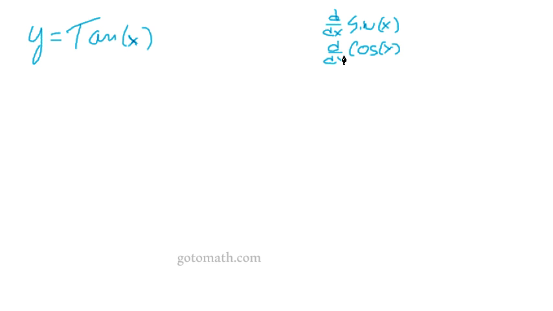y is equal to tan x. Now, I would highly suggest that you memorize this. There were two of them that we've already talked about. Remember this notation, d over dx. This says take the derivative of sine x. The derivative of sine x is cosine x, and the derivative of cosine x is negative sine x. So if you haven't seen these two problems yet,